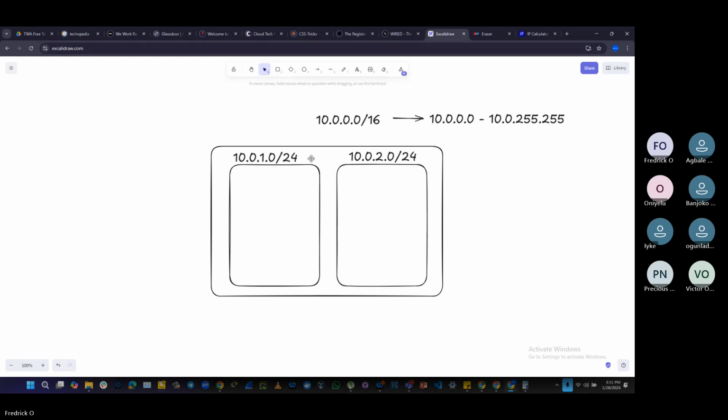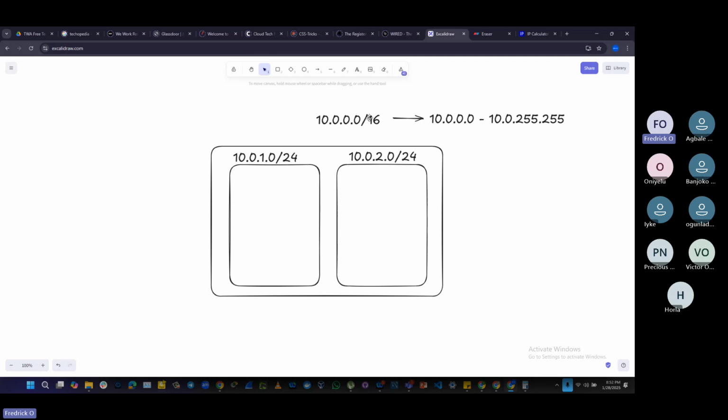So this is what we have here: 10.0.1.0/24 and 10.0.2.0/24. Now, you may be wondering, if I decide to do this, this is 10.0.0.0/16. You understand? This is what I have here. I told you that /16 will give us 65,000. Is it not true? But AWS advises that whenever you are working with subnets, you should always work within